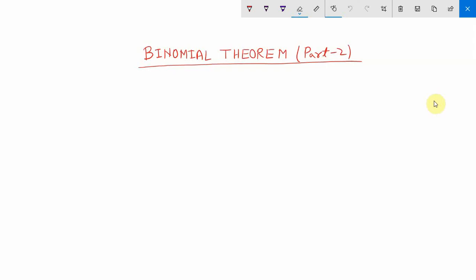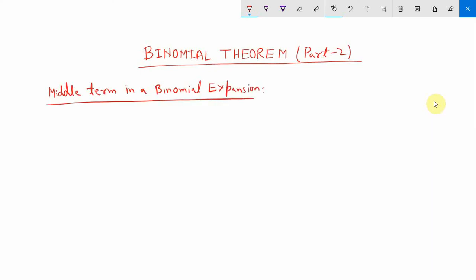Middle term in binomial expansion. Okay, friends. See how we can calculate. First, we will see x plus a. Okay, what is the expansion of x plus a to the power n? See, it will be